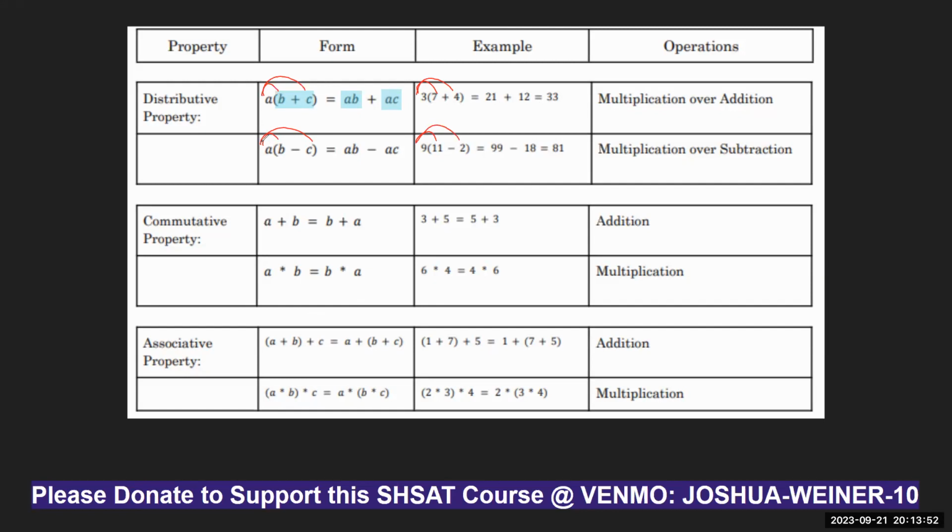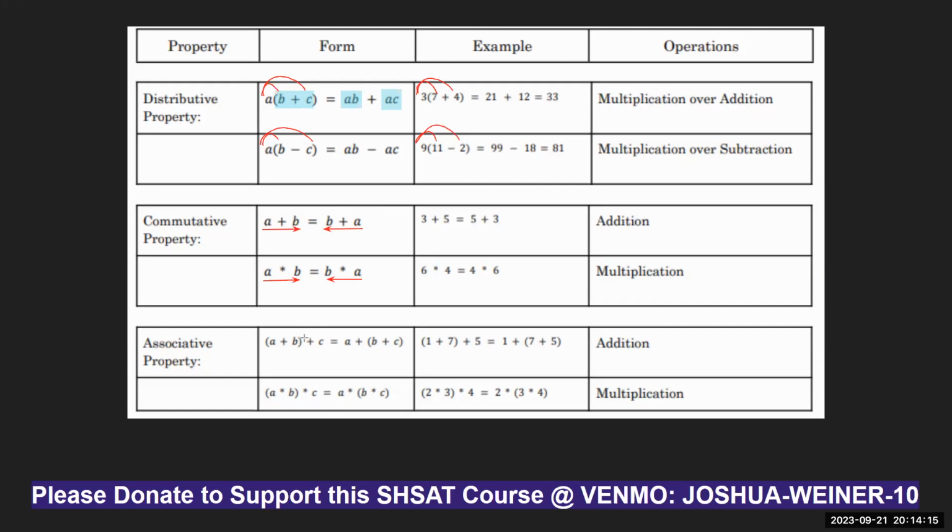For the commutative property, remember that with 2 of the operations, order does not matter. In other words, we can see that A plus B will be the same amount as B plus A. Here it's in reverse, right? Here the A is here. And here A times B is the same quantity as B times A.